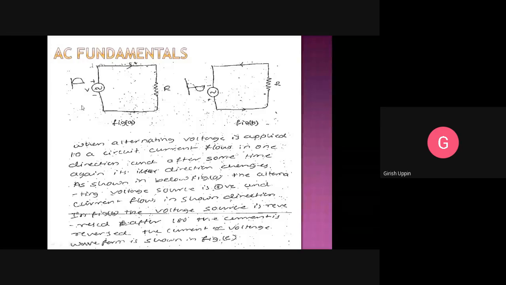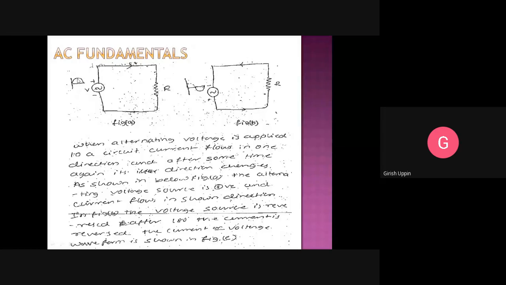If we apply a sinusoidal voltage, so we have applied a sinusoidal voltage to a resistor during the first half cycle. Okay, where this is the voltage, its magnitude increases from zero, slowly it will increase, gradually it will increase, it will reach a peak value, and then it will start reducing back to zero. Now, what happens is when we apply this voltage for the first half cycle, the current will flow in this direction. So this will act like a positive plate and this will act like a negative plate. So current will gradually increase. If I draw the current also, when voltage is zero, current will be zero, and current will also gradually increase.